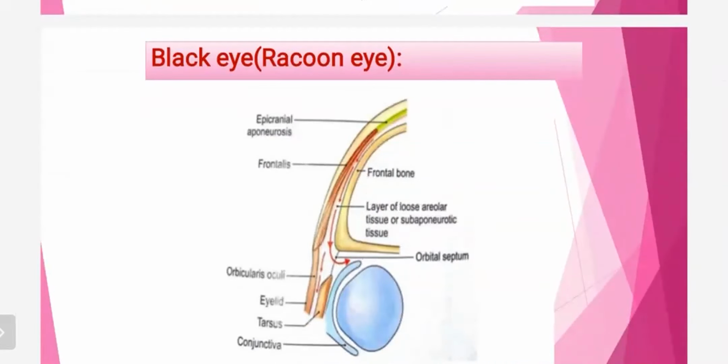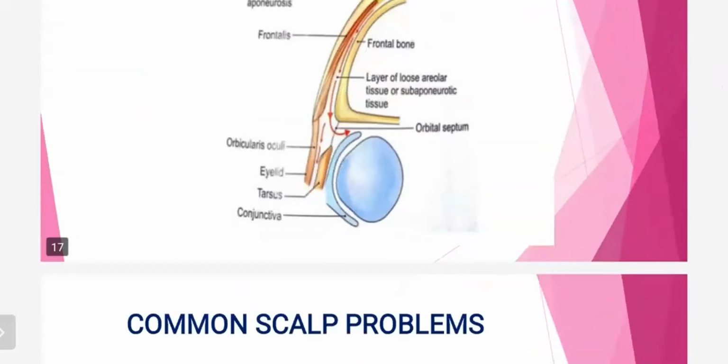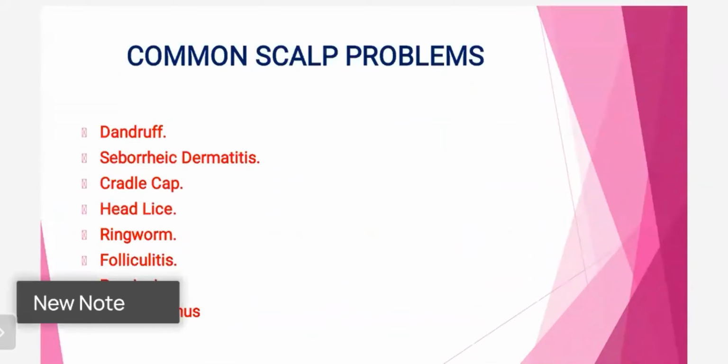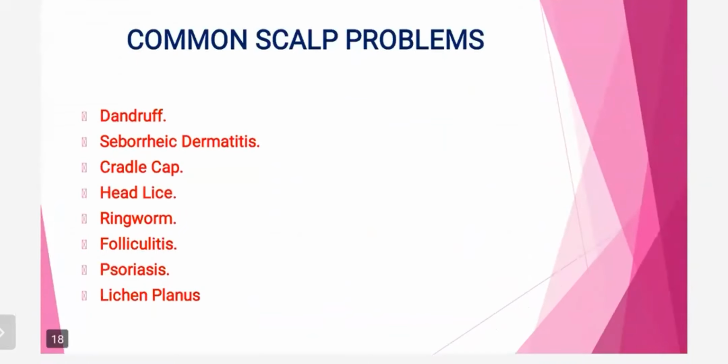So this is the diagrammatic representation of the raccoon eye. The blood will easily sweep towards the upper eyelid because the frontalis muscle takes origin from the skin, not from the bone. So these are some scalp problems, that is dandruff, seborrheic dermatitis, candle cap, head lice, ringworm, folliculitis,